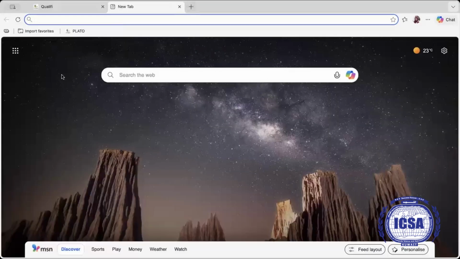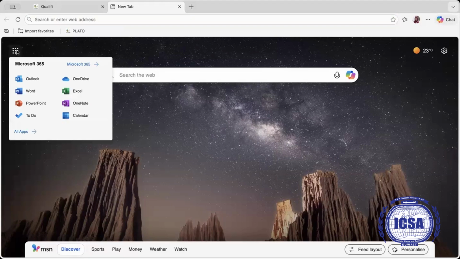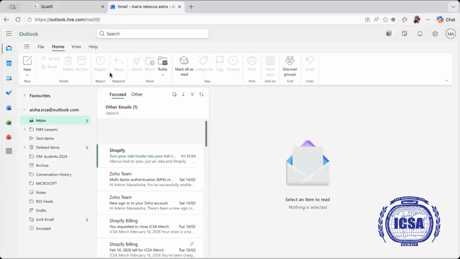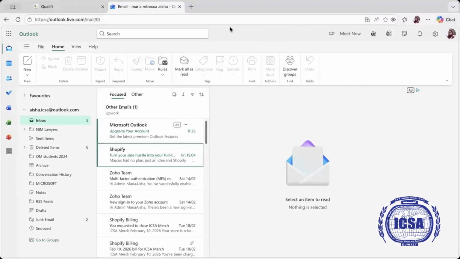So let's say, for example, you go to your Microsoft 365 and you can get your MS Outlook here. Okay, you should also know how to use this, which is very user-friendly. So I advise you to have your account here as well and try to maneuver. So for example, I can integrate my email here. Okay, we can put here our